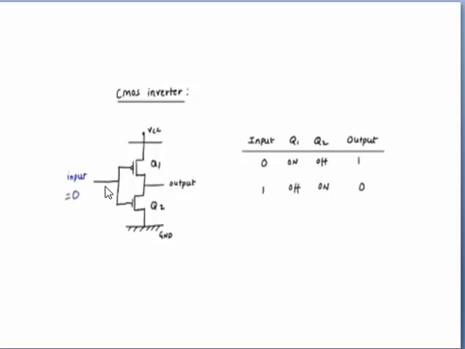Now respective voltages and currents would be present. The current flowing is ID, that is drain current, and the voltage for PMOS is VSG, that is the voltage between source and gate, and VGS is the voltage for NMOS between gate and source. Similarly, we have VSD voltage for PMOS and VDS for NMOS.